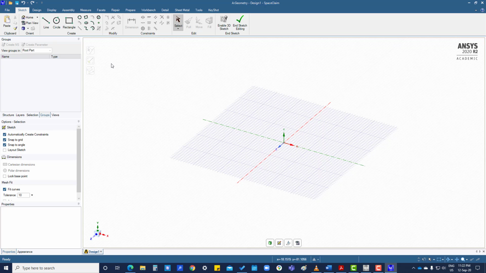In SpaceClaim, whatever operation we do will not be saved. That sketch will not be saved. Only the solid body will be there. So if you see here,